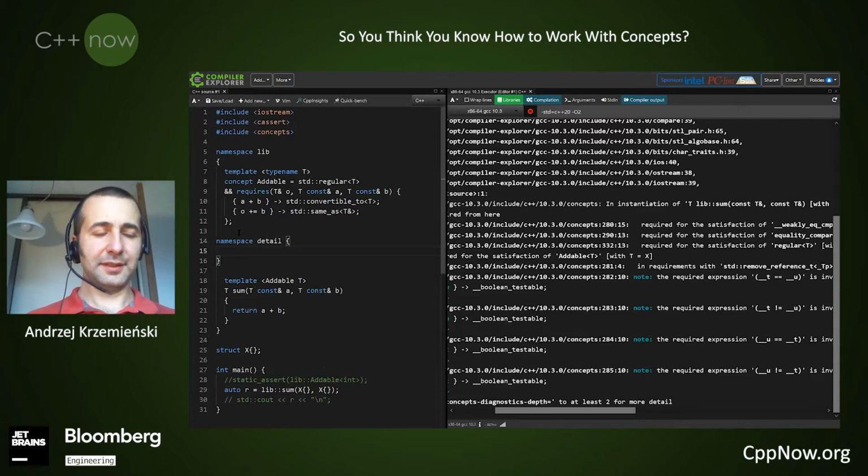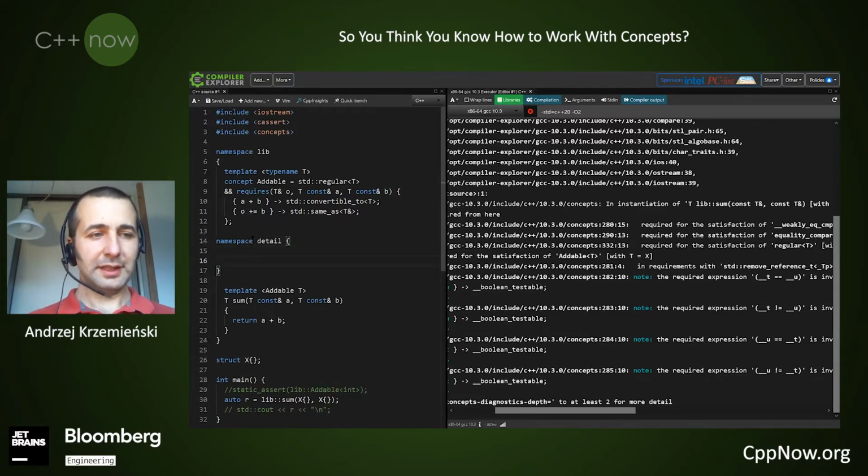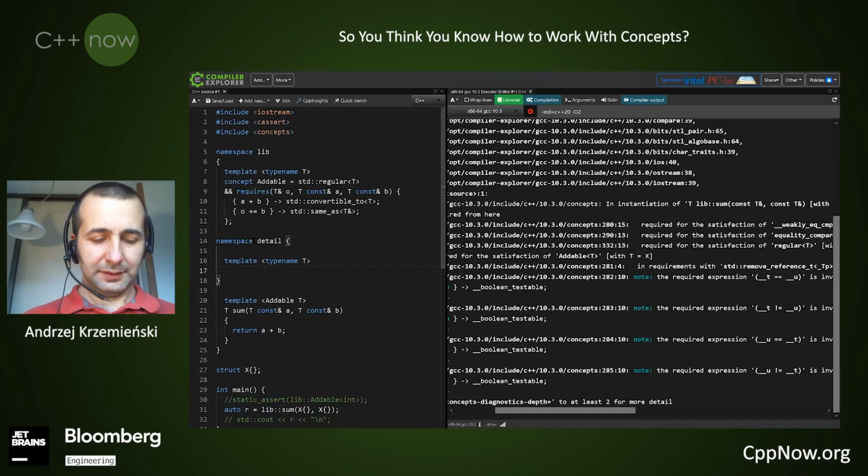Namespace detail says that this is implementation details. And there I will have function sum with underscore, which is another signal that this is an implementation detail.